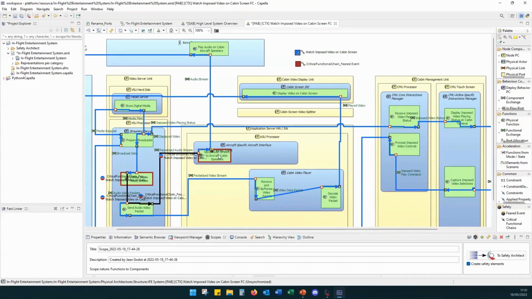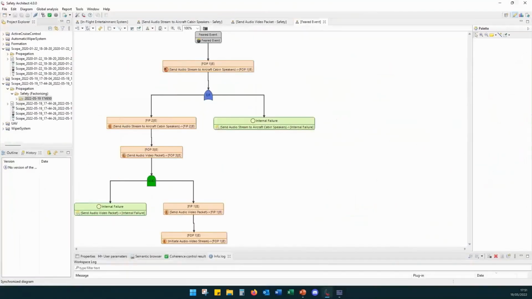So in the new project, you will not have the safety information, the local safety analysis that you did in the previous architecture. But no problem, in Safety Architect, we have a specific feature which is called interactive merge in the tool. Internally, we also call it a diff merge function that allows you to compare two versions of a project. And like this, you are able to import information from the previous project to the new one. And like this, you don't need to conduct again all the safety analysis of all the components and functions.